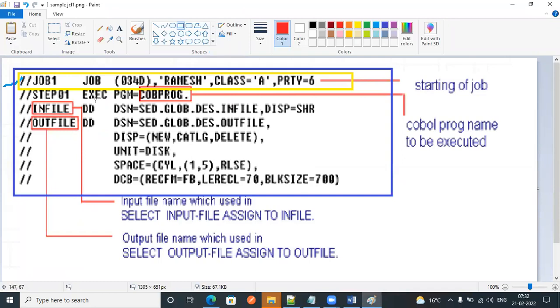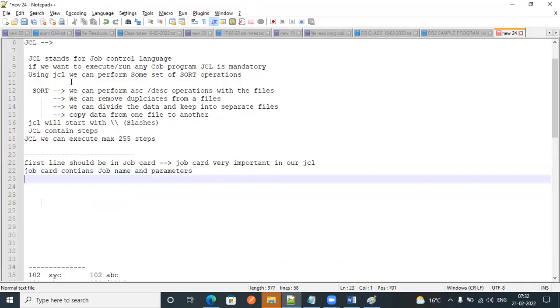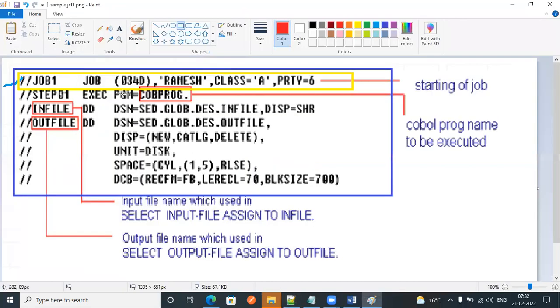The job name should always be a maximum of 8 characters. This is very important. The job name max length is 8 characters. So the first line in a JCL is the job card.